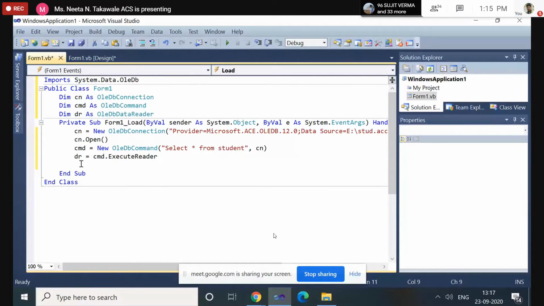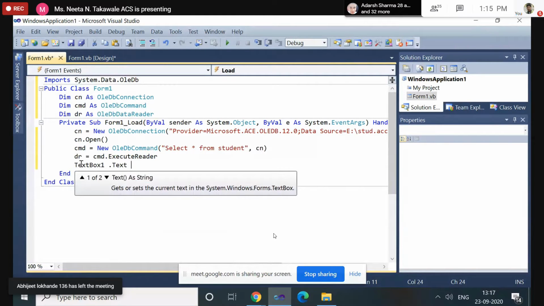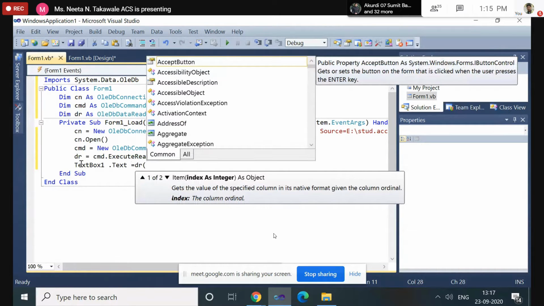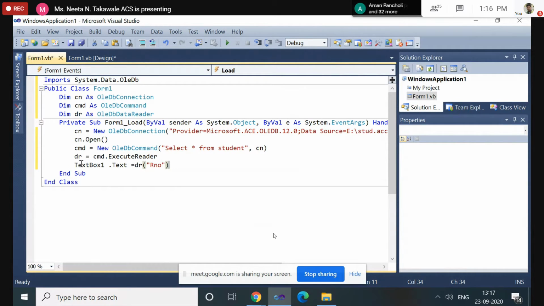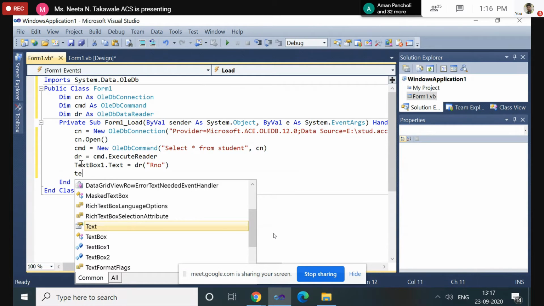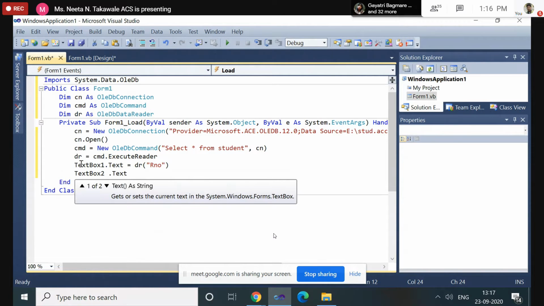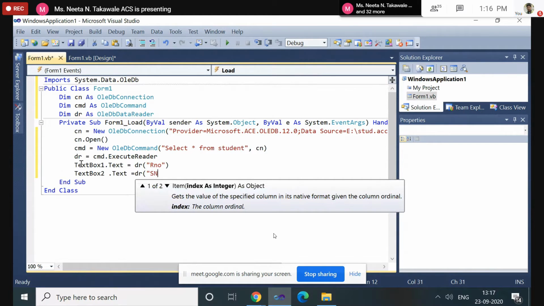So how can you assign? TextBox1.Text is equal to the object name, and in brackets you can use the index value or the name of the column. So the name of the column is RNO. Then TextBox2.Text is equal to dr, then the name column.